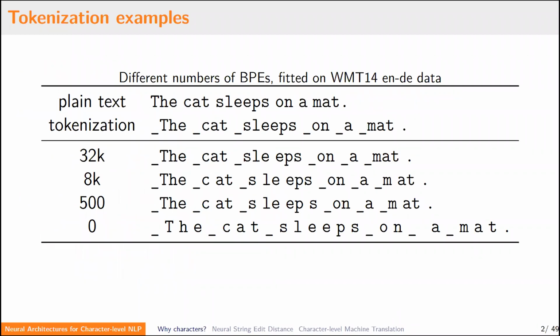This is an example of how the BPE segmentation looks. These BPEs were fitted on the WMT14 English-German data, and when we look at how the text gets segmented, it hardly makes any sense. It's a very useful statistical heuristic. It works very well, but if we look at the actual segments, it barely makes sense to split cats into C, that is the beginning of a token, and AT. But it works incredibly well, and probably the reason is that it